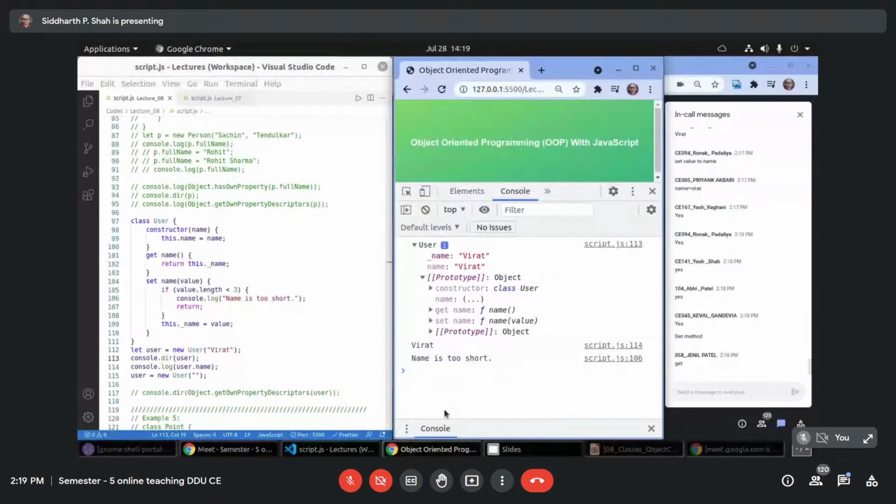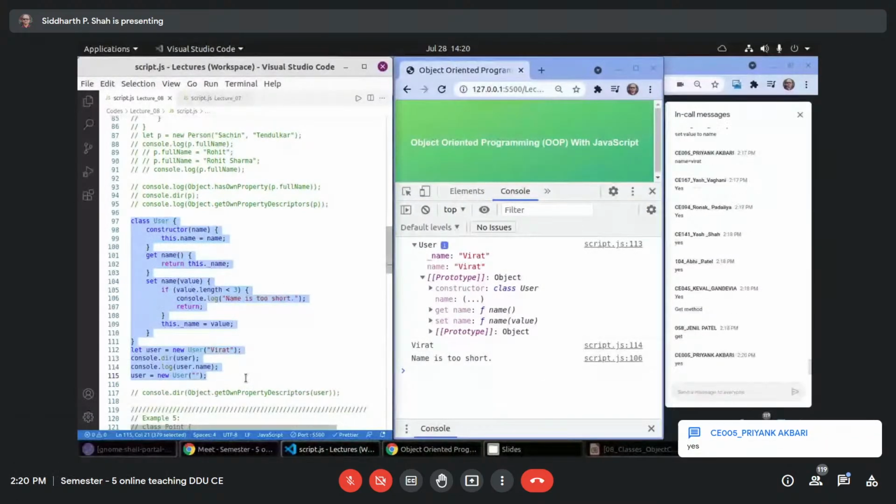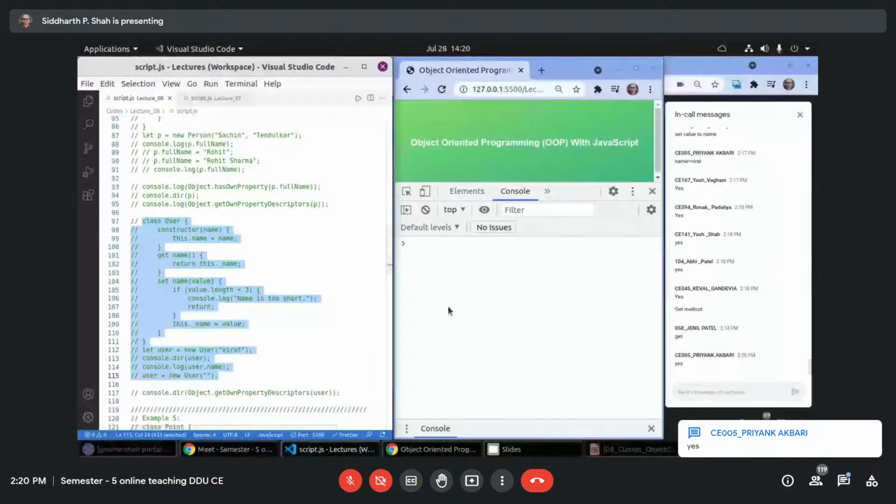Or the simple solution is don't use the same name. That is the simplest solution. But if you have the same name, you can do this. Are you getting it? So this is how normally you can define getters and setters inside an ES6 class.